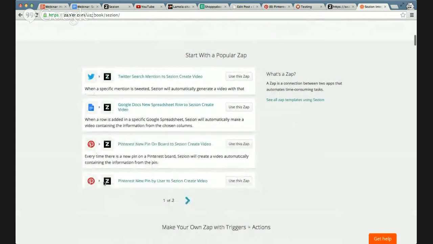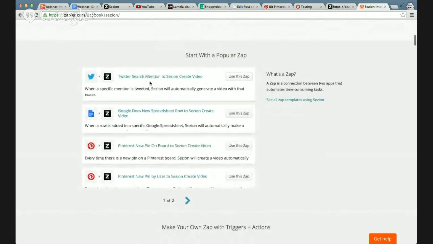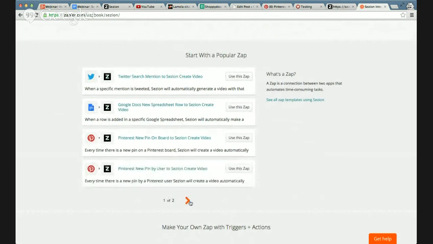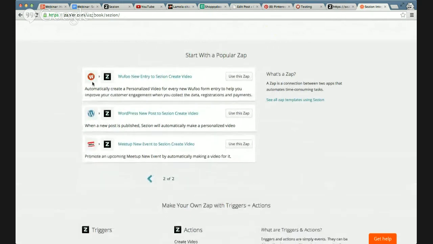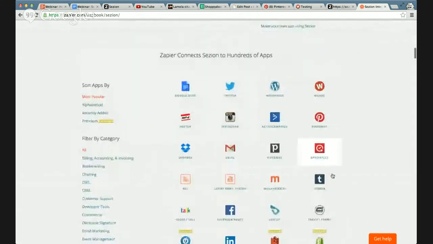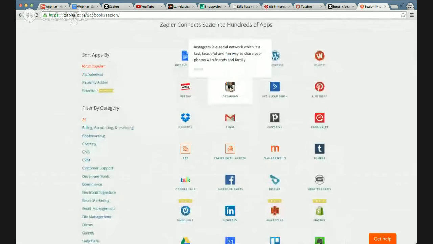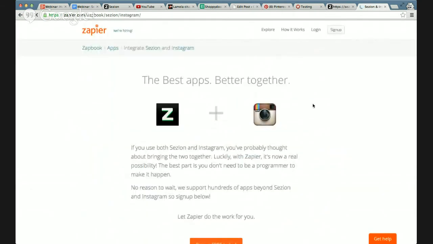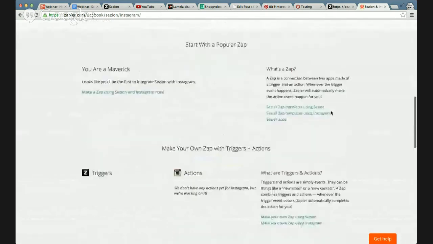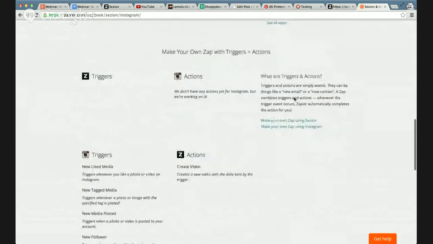Every Zap here will help you to automatically generate content from Twitter, from a Google spreadsheet, from Pinterest, from a Woohoo form, for example, from WordPress, or from a new meetup. But you can also create your own Zaps with all this. For example, if you want to create a Zap from specific Instagram information from a specific user or from a specific location, that's one of the things you can do automatically by combining